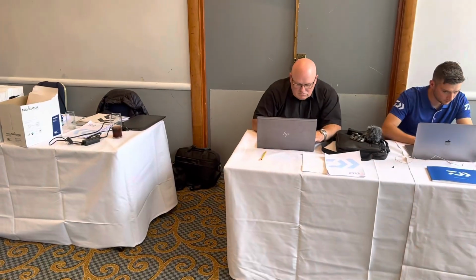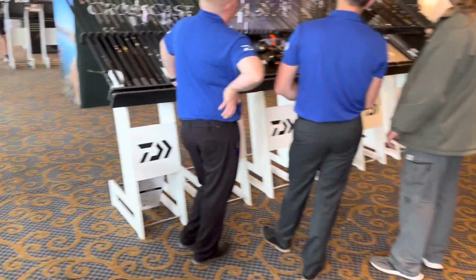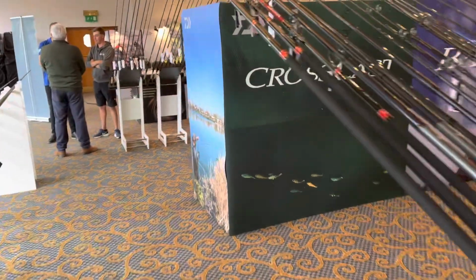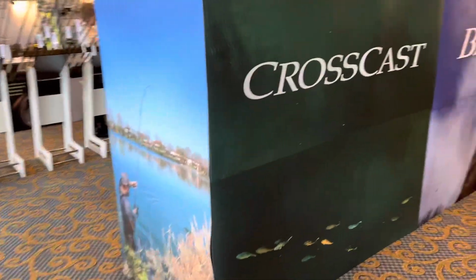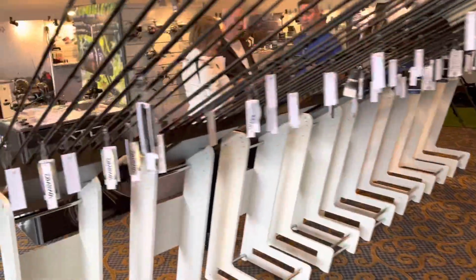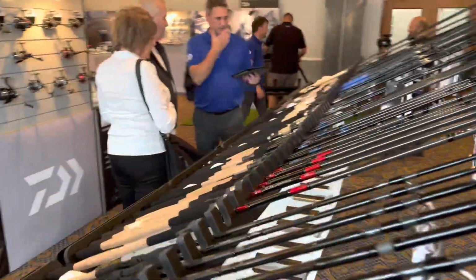My old pal there, look, doing some work. Can you believe it? Met some old people here who I used to work for, Robin and Ricky. And so let's go up here. I just want to show you some rods, if I can get to them. Can't quite get to them, but anyway,